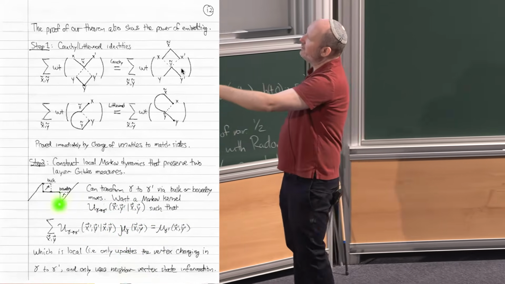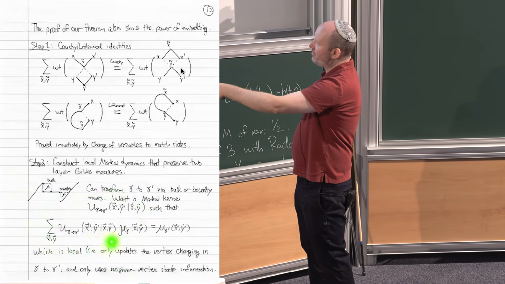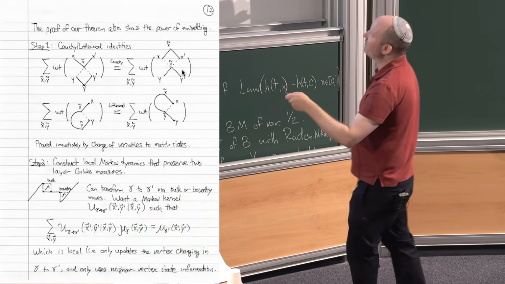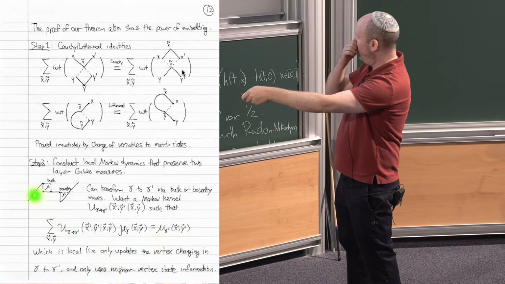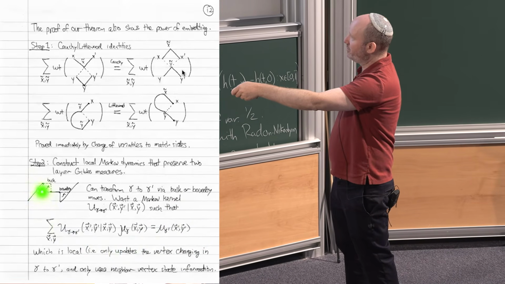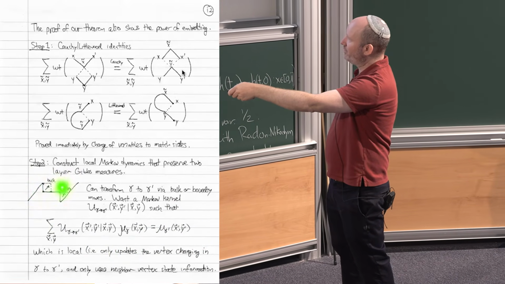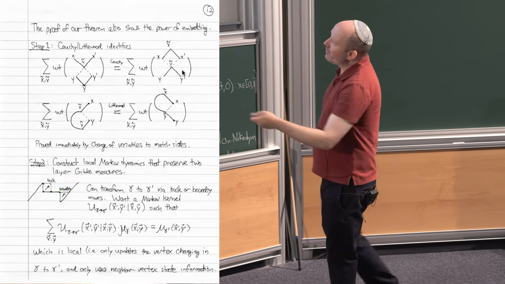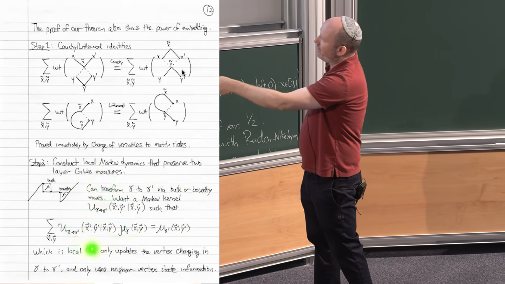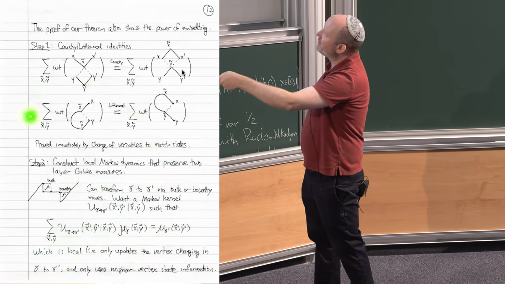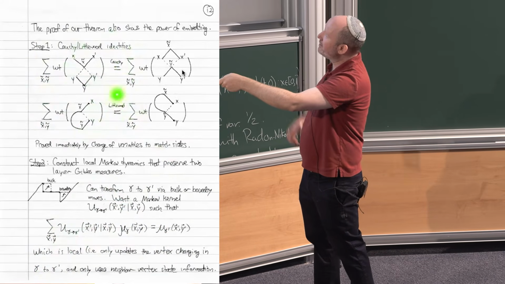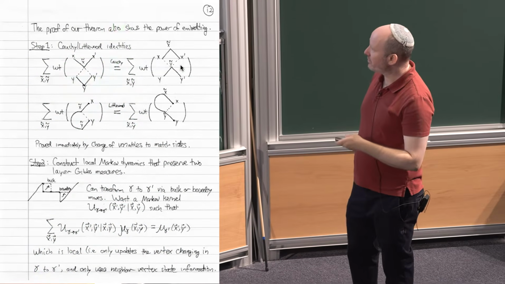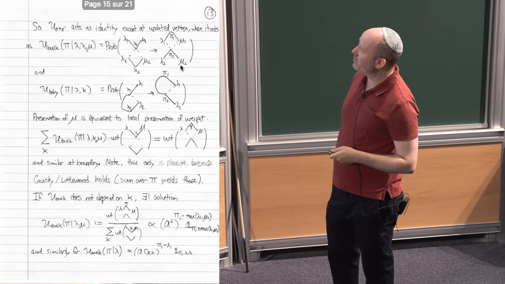You'd like to find a transition matrix, a probability that maps you to gamma prime, where gamma prime is the result of having either grown a bulk edge, or added a box in the bulk, or added a triangle at the boundary. And a priori, finding such things is not simple, but there are some nice identities that are pretty easy to check, things called Cauchy and Littlewood identities, that allow you to construct exactly such